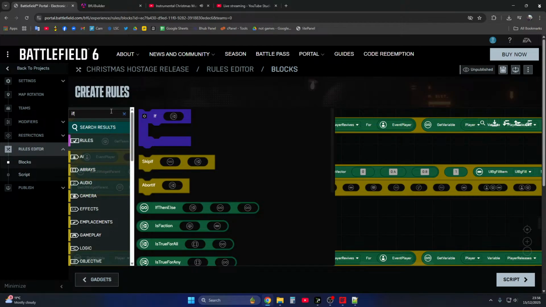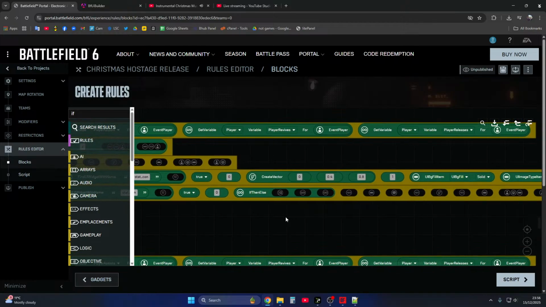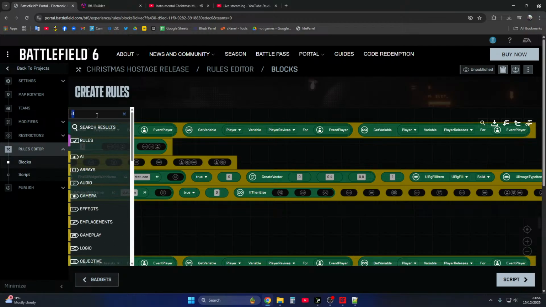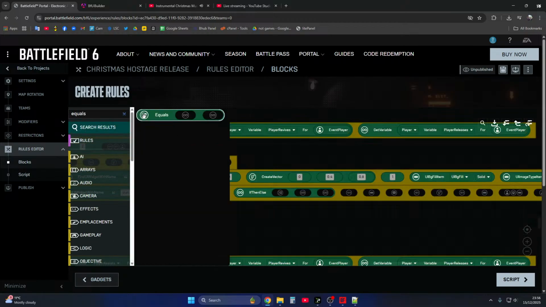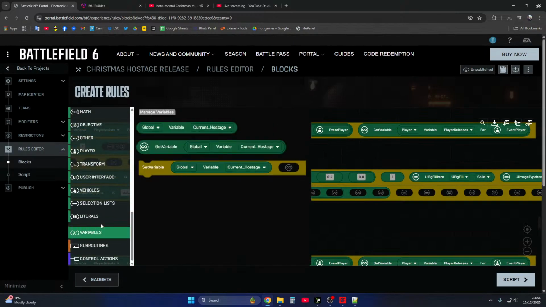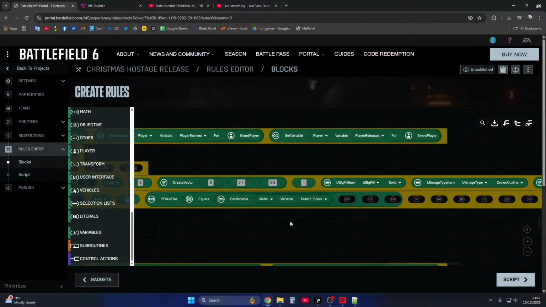If, then else. If equals. Oh, this is complicated stuff. Got to keep concentrating here. If the score, team 1 score, is equal to